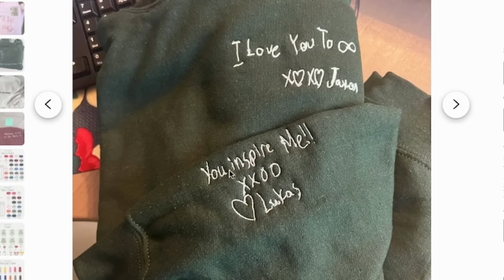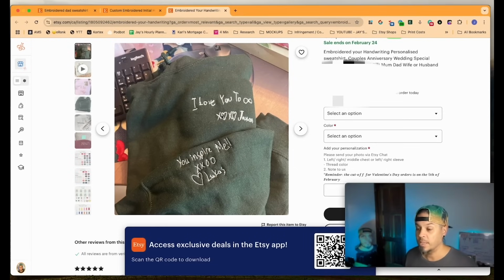It looks like Lucas here. You inspire me. Kiss, kiss, hug, hug, heart, Lucas. Like that. How awesome is that? I love you to infinity, it looks like. Kiss, heart, and Jackson. So these are handwritten by children, and they've been turned into an embroidery design for their